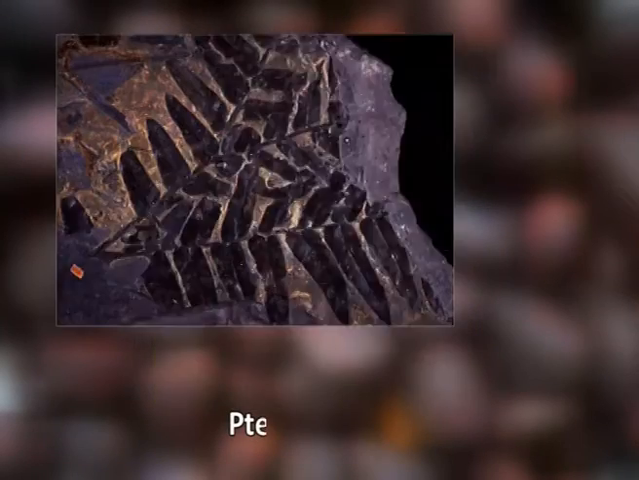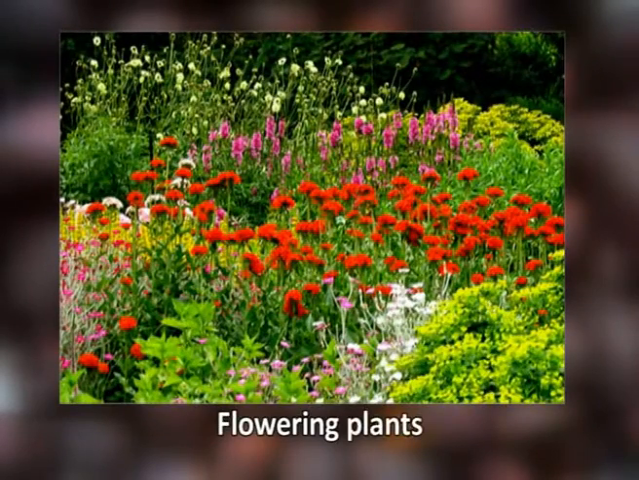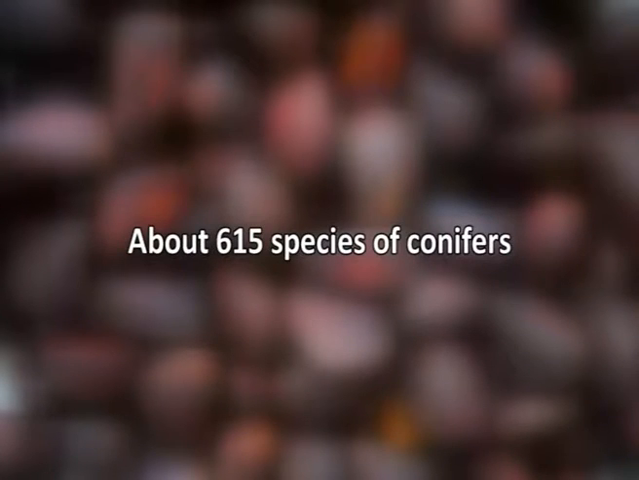Gymnosperms evolved about 400 million years ago as cycadofilicales or pteridosperms. About 200 million years back, gymnosperms formed the dominant vegetation on Earth. However, later they were replaced by flowering plants or angiosperms. Today, there are only about 1026 living species of gymnosperms in the world, including about 615 species of conifers, which form the most dominant group